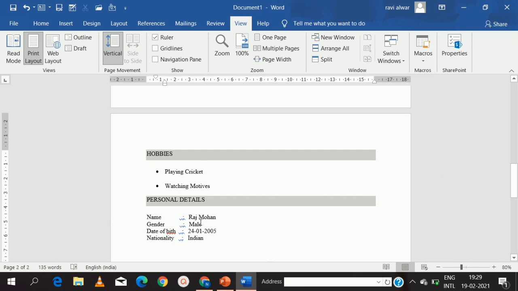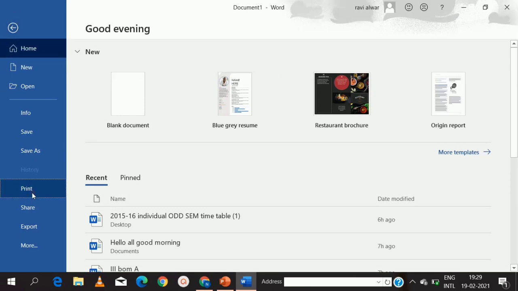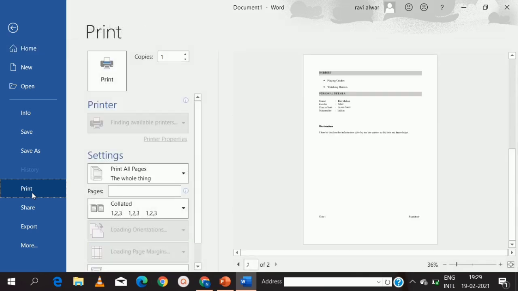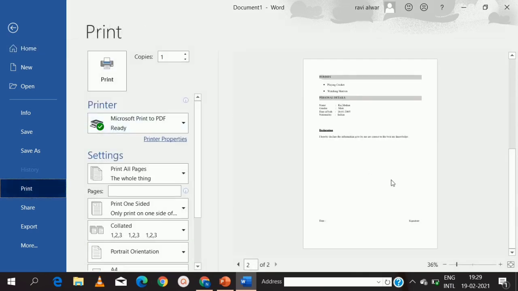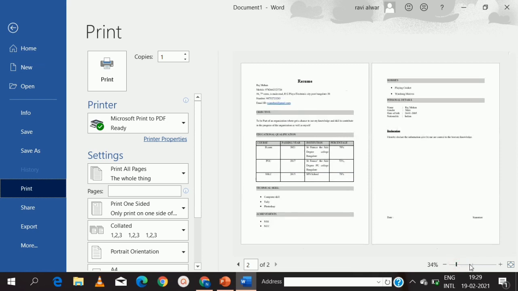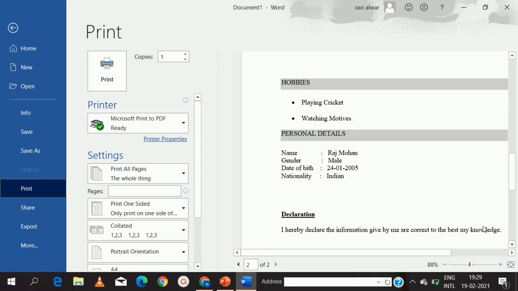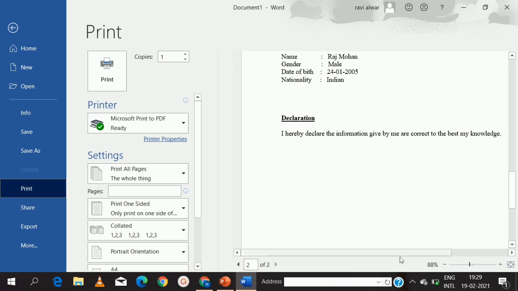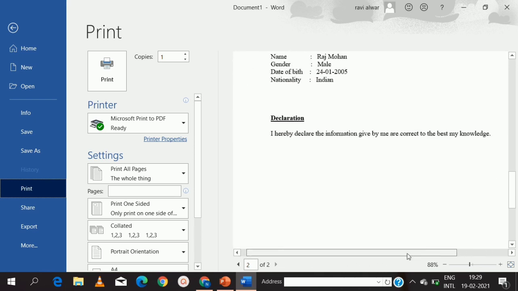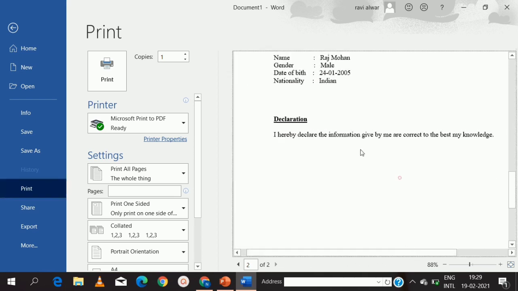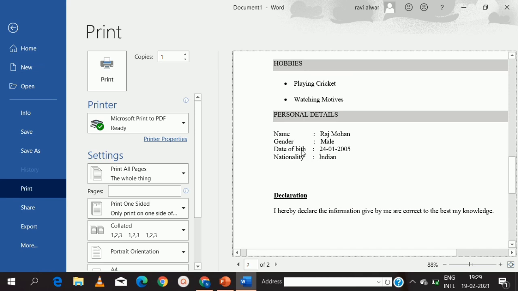So this blue line and red line will not appear when you take a print. For example, go to file, print, see here you cannot see any such red line or blue line. These are not printable characters. See, near birth we had a red mark, right?